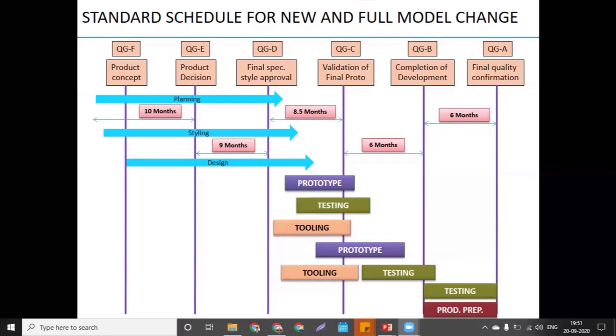From the safety point of view, once we share the data to the CA team, they will check with the analysis. And some team is working on the cost and some on the weight. So based on that study, they will check whether to go ahead or not. That is called a product decision.